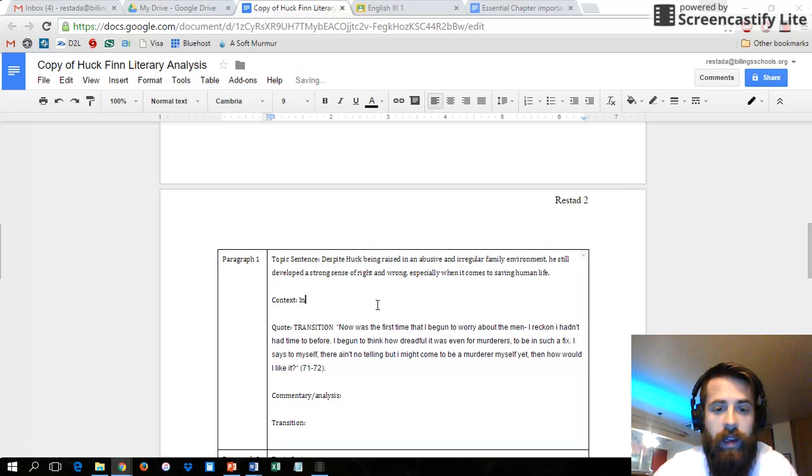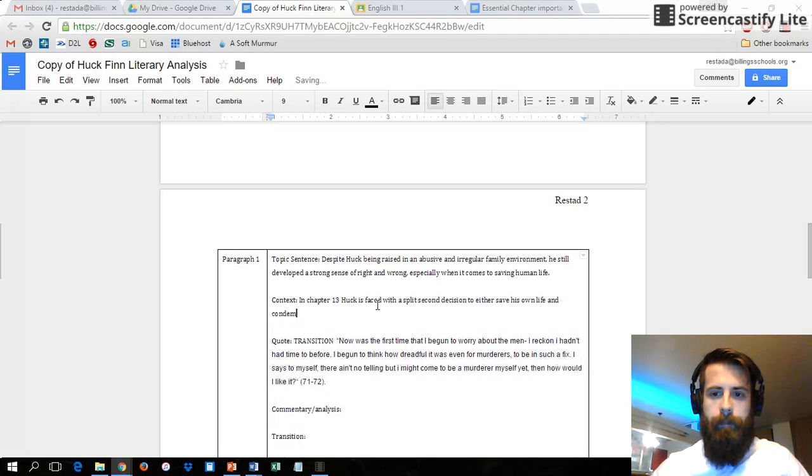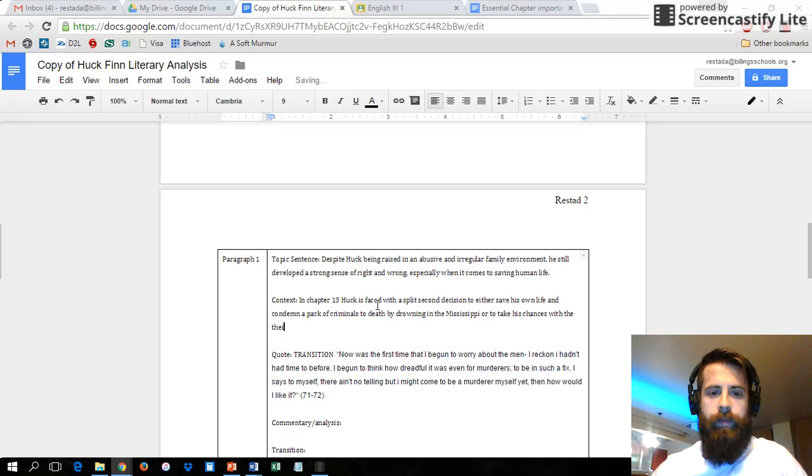So I'll say something like, in chapter 13, Huck is faced with a split second decision to either save his own life and condemn a pack of criminals to death by drowning in the Mississippi, or to take his chances with the thieves. After stealing their boat,